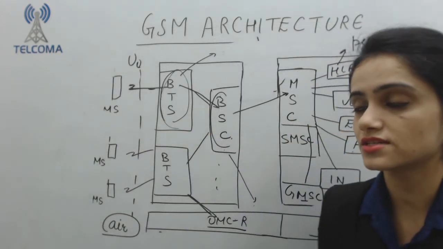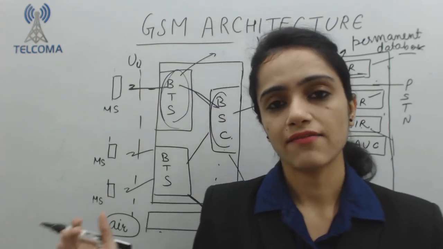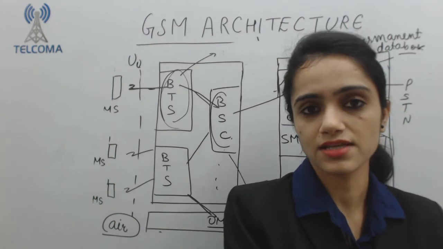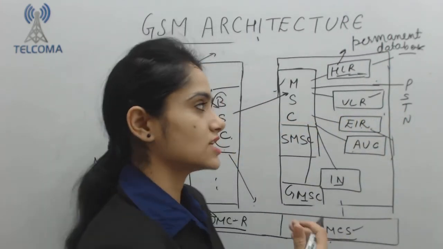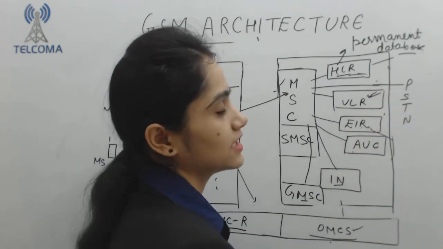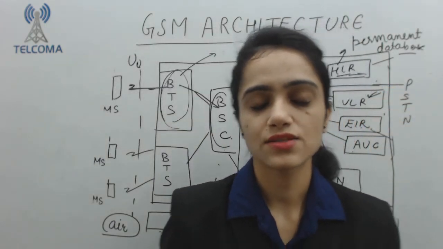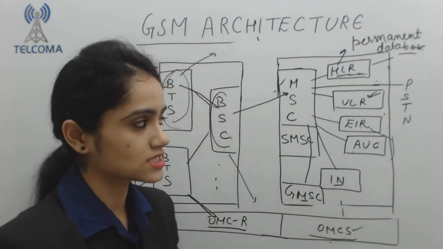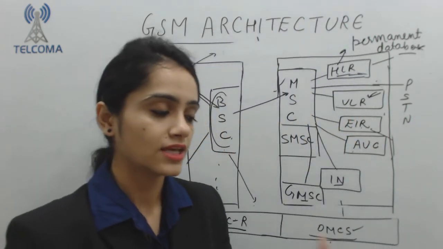Then we have next, the visitor location register. Now, the visitor location register deals with changing locations. Like when I have a handover, I usually move from one end to another, from another to another, and so on. So that means I keep on changing my locations. So changing locations will be saved in the VLR or visitor location register. That's why it's named visitor location, because our locations keep on changing and this register will keep on saving those locations.